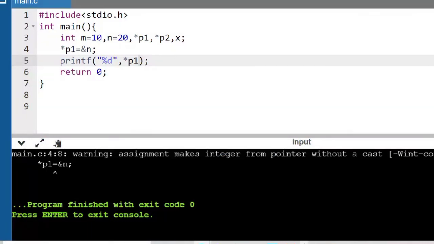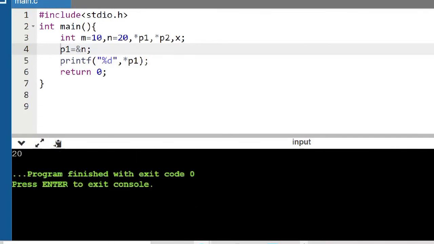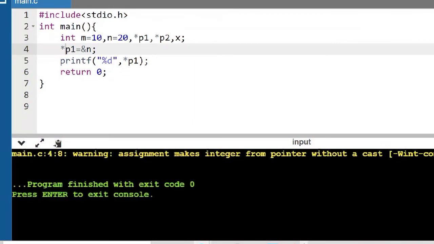సో మనకి ఏమొచ్చిందని వి గాట్ ఎన్ ఎర్రర్, ఒక ఇంటీజర్ కి తీసుకొచ్చి అడ్రస్ ని ఎలా ఇస్తాము అన్నట్టు చెప్తుంది నాన్న, రైట్? బేసిక్ గా ఏమి ఇవ్వాలన్నా మనం ఇక్కడ P1 కి ఇవ్వాలి, స్టార్ P1 కి కాదు, రైట్? P1 కి నేను అడ్రస్ ఆఫ్ n ఇస్తే దెన్ P1 ఈక్వల్స్ టు దట్ వాల్యూ, 20 ప్రింట్ అవుతుంది n వాల్యూ. బట్ నేను అడ్రస్ తీసుకొచ్చి స్టార్ P1 కి ఇచ్చాను, విచ్ ఈస్ ఇన్వాలిడ్ అన్నమాట, రైట్? సో చూసారా స్టార్ P1 అంటే ఏమి ప్రింట్ అవ్వట్లేదు, బికాజ్ నేను స్టార్ P1 కి అడ్రస్ తీసుకొచ్చి ఇచ్చాను,